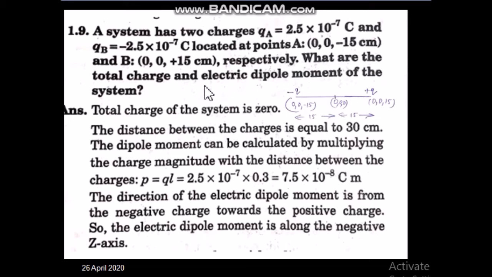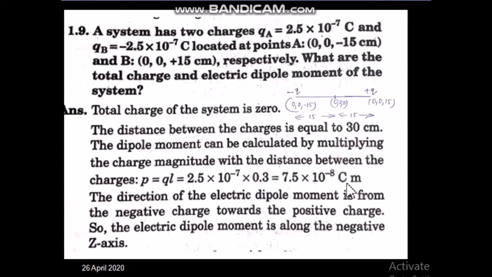First answer is this. And electric dipole moment means electric dipole moment is denoted by P symbol, and P equal to Q into 2A or Q into total distance. So Q means charge value which is given in the question, and total distance. So you can see total distance between the charges is 15 plus 15, because minus 15 to 0 and 0 to 15. So total distance is 30. So that's why we will use here 30 centimeter means 0.3 meter. So finally we have two values substituted here. This way P is obtained.